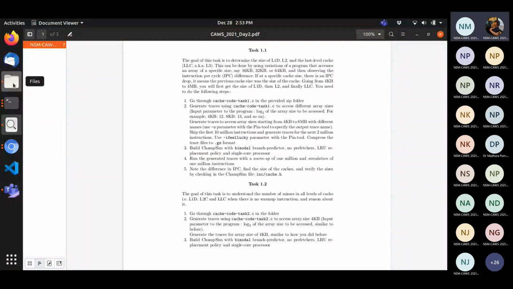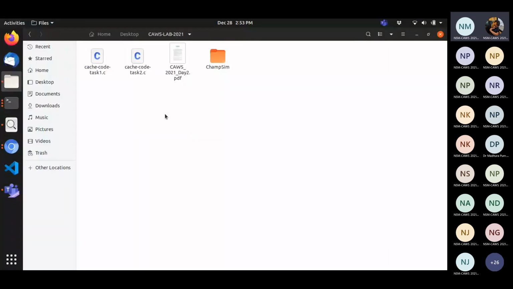I think because it's online, it's not becoming that easy. I would suggest you can just show it through your laptop, and anyway you are sharing your screen, right? Just say that, okay, this is step one, this is step two, this is step three, so that they will get clarity.